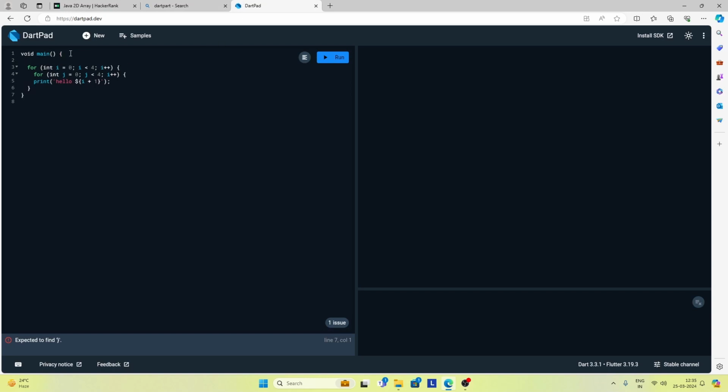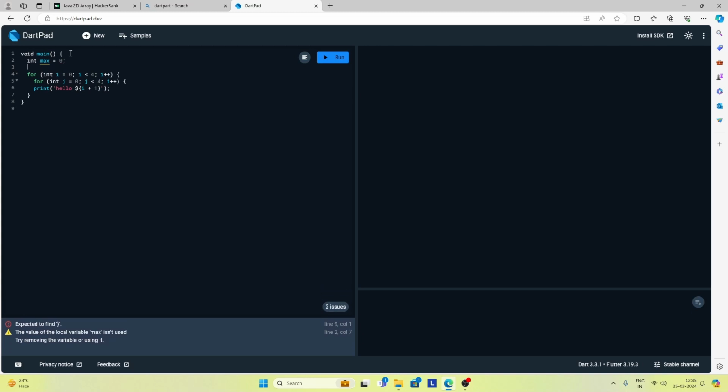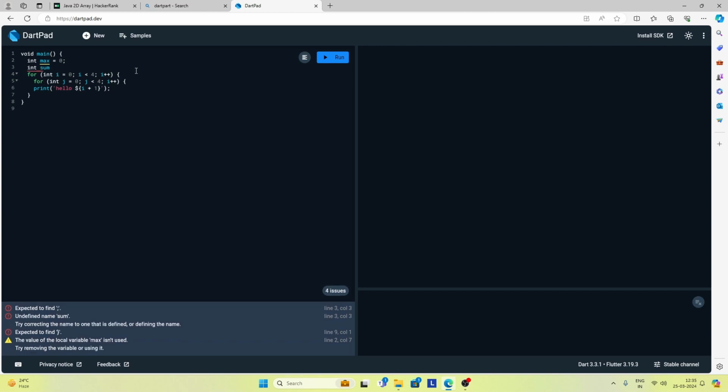So let's take two variables. Let's take max as 0, and there will be another variable, sum. This will also be 0, and we will calculate the sum here. So sum equals,